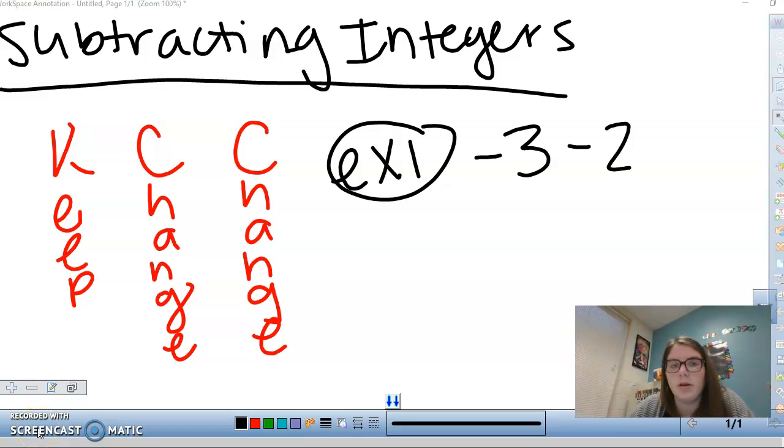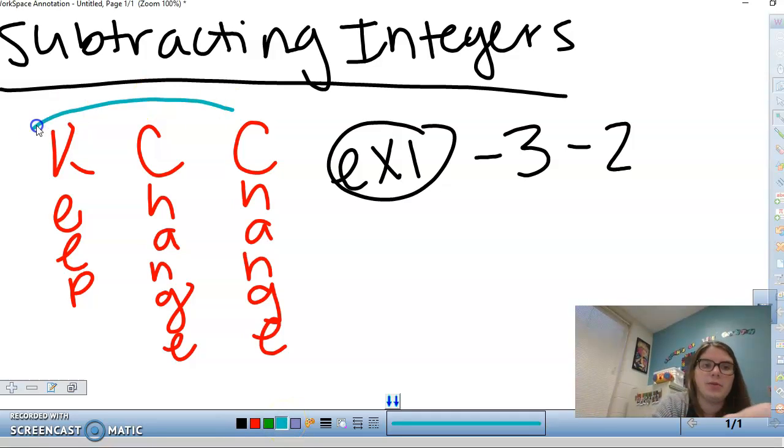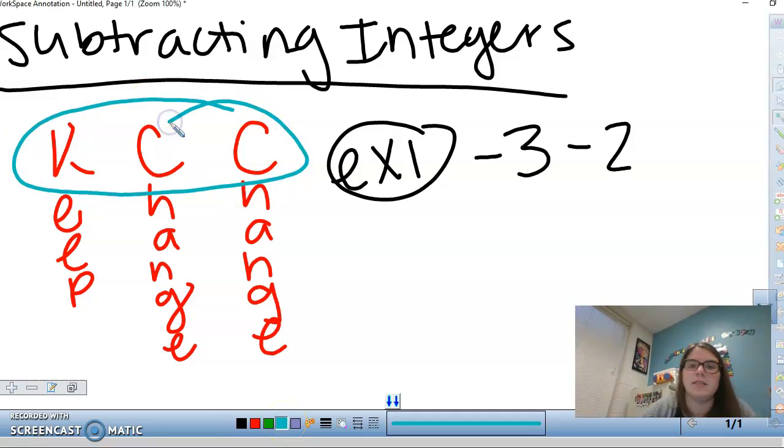Okay, so today we're going to be going over subtracting integers. Whenever we're subtracting integers, I don't know if you remember this from last year, but we always talked about KCC: keep, change, change. So what that means is, for example, if we have -3 minus 2, we're going to